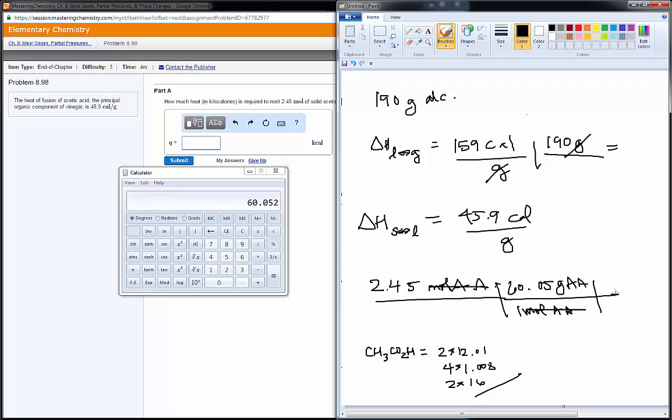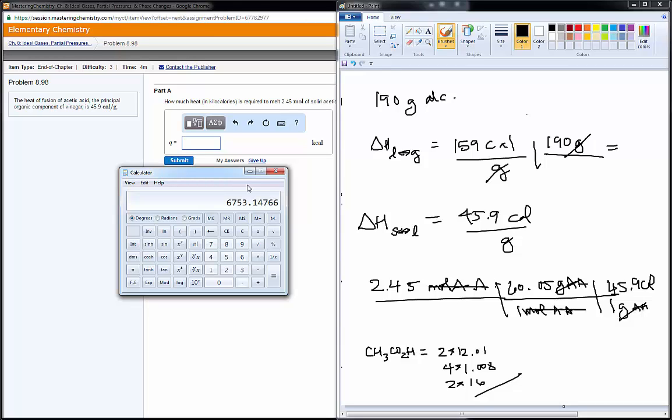And now that I've got grams, 45.9 calories per 1 gram. So 60.05 times 2.45 times